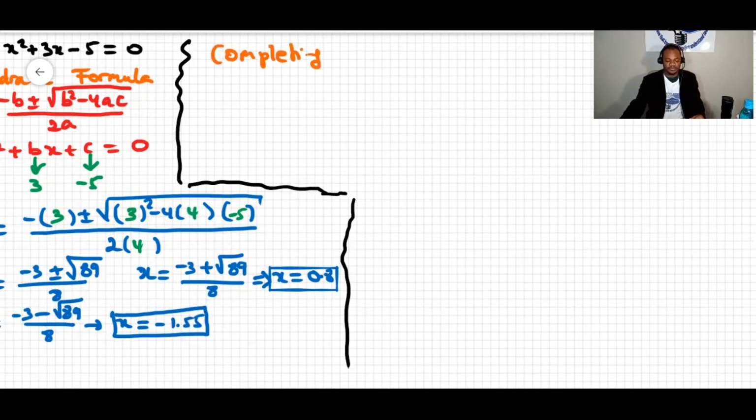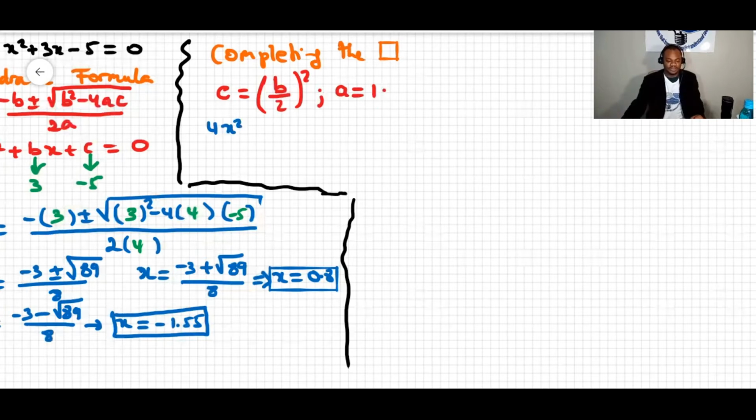Completing the square, I'll abbreviate it like that. It's when we change the C value of the quadratic equation, and we express it in terms of B, so (B over 2) to the power of 2. But note, this formula is used only when A equals 1. Now, but we have